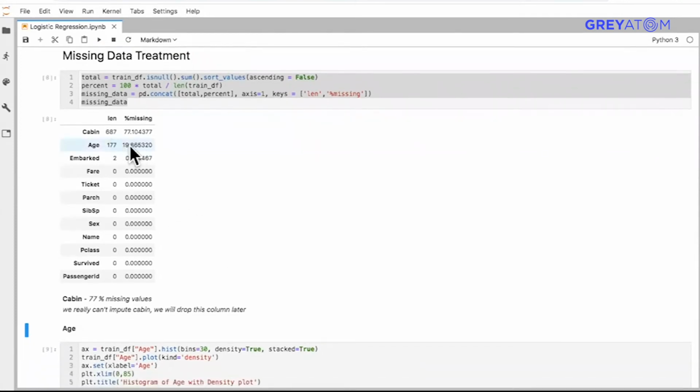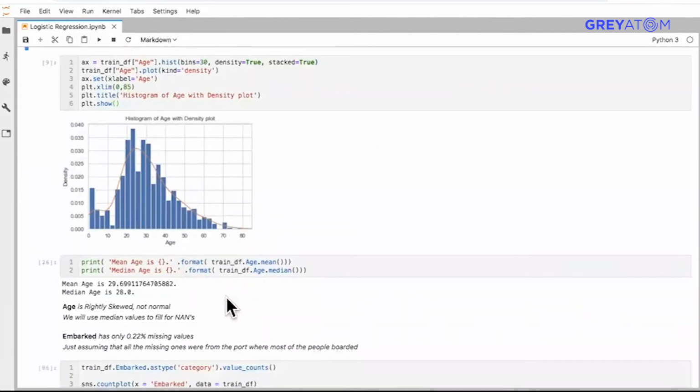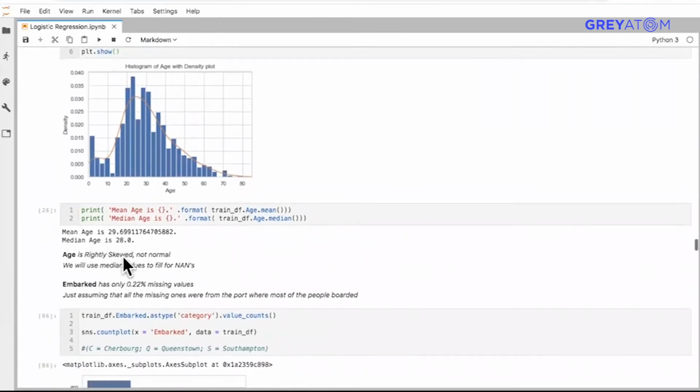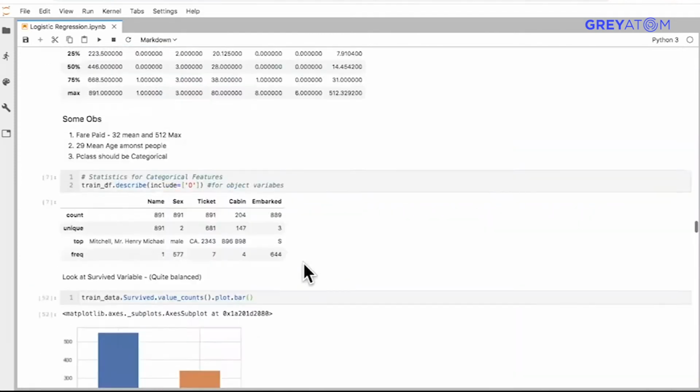So I'm just going to use my median to fill it. See, there's not much difference. The mean age is 29, the median age is 28. So I'm just going to use our median age to fill it. And next, look at here, we do have